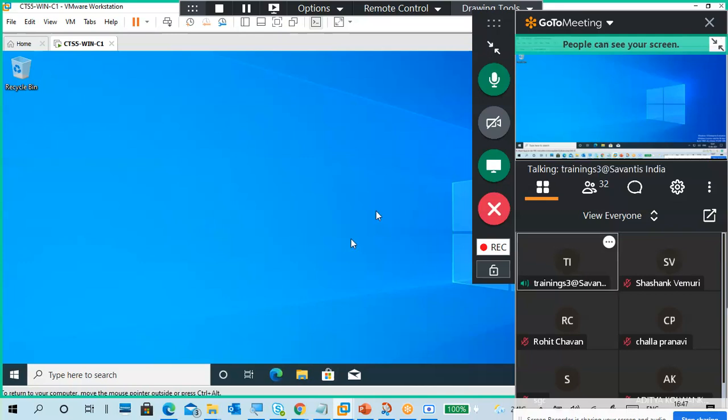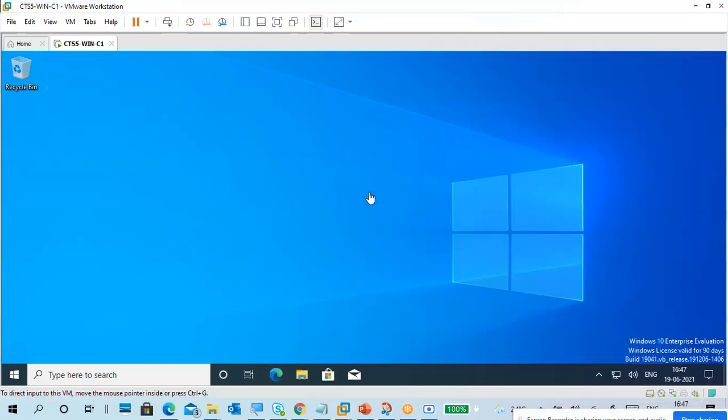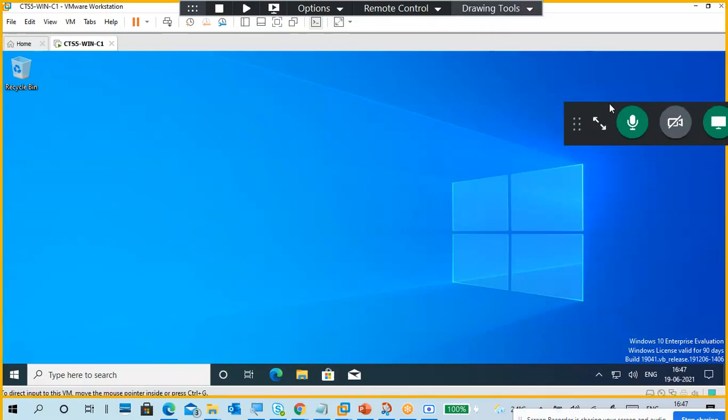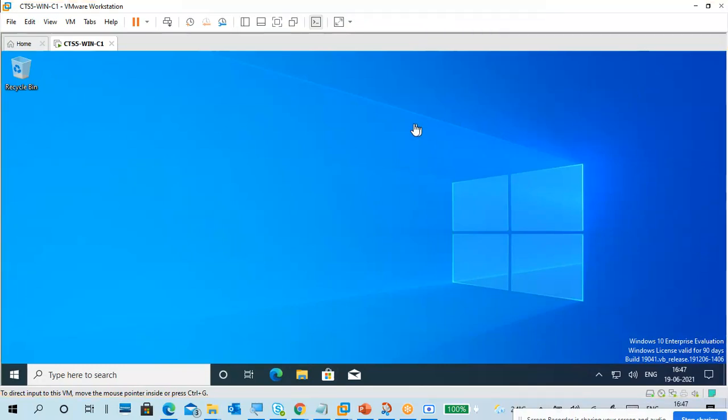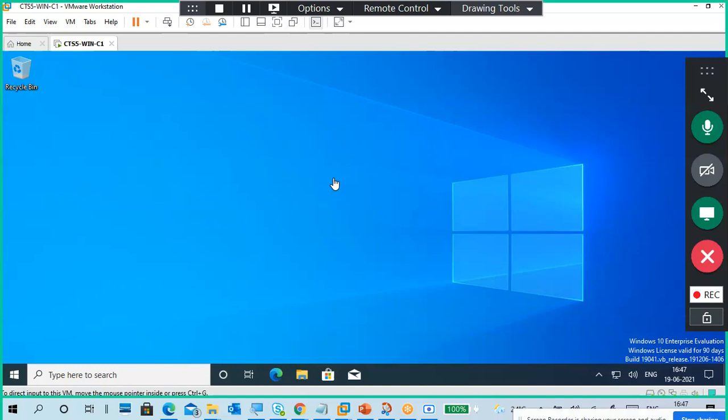Another feature is Microsoft Edge. From Windows 10 onwards, Microsoft Internet Explorer is almost all removed. They said it is no longer used by people, that's why they are shutting it down.